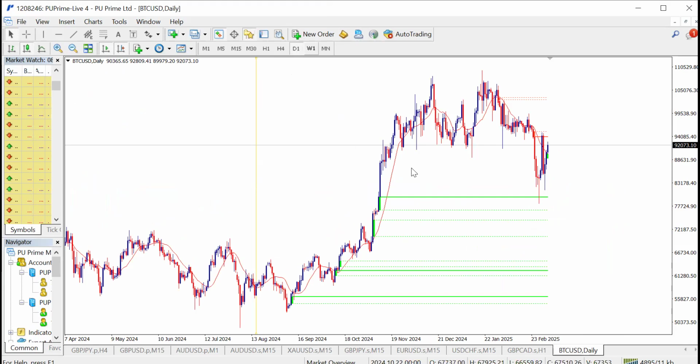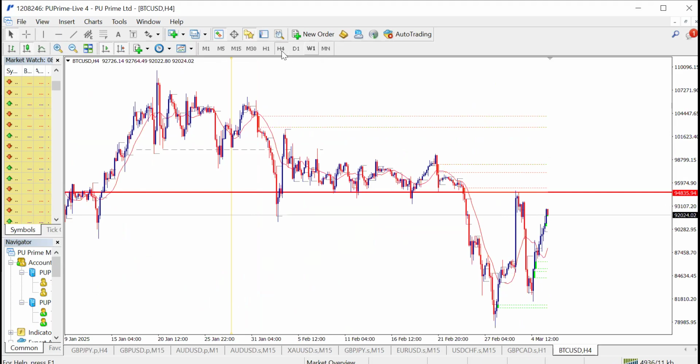Okay, so we should expect a bullish sentiment for BTC. I'm still bullish, I think to 94,000. Let's see if Bitcoin would break that 94,000 region. It tested it. Okay, so I'm still bullish for Bitcoin at the moment because this was a retracement and price dropped at this low. So I'm bullish on BTC